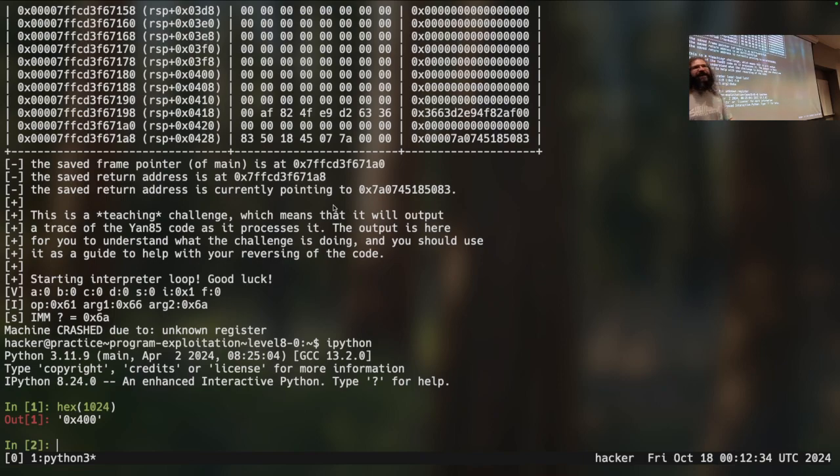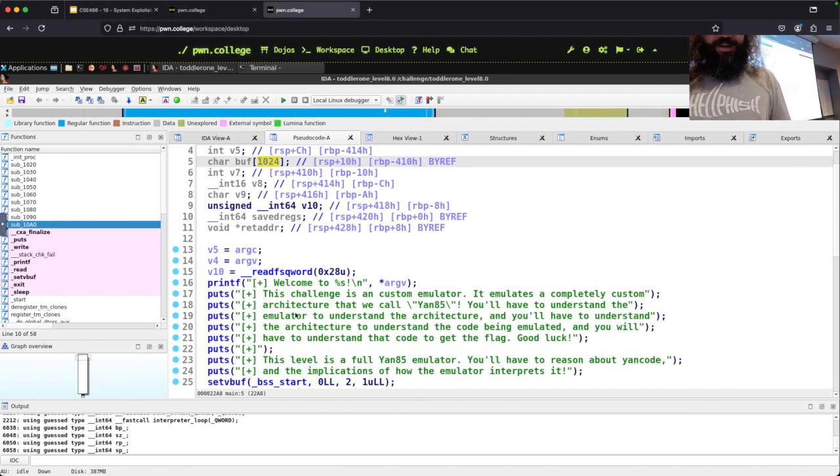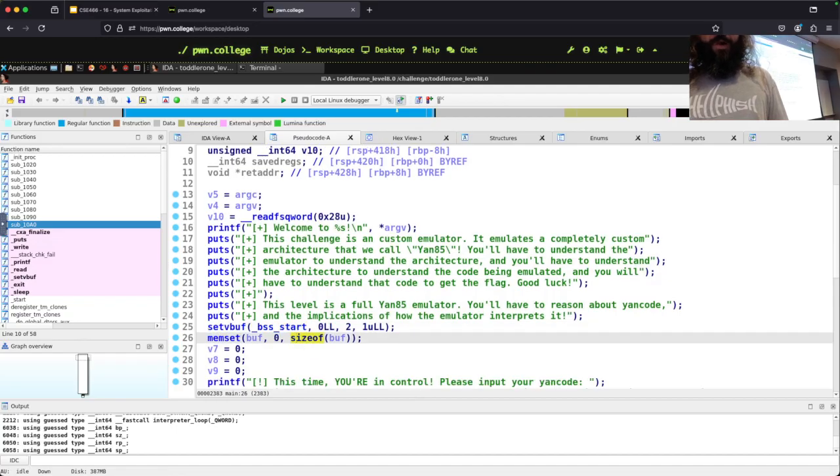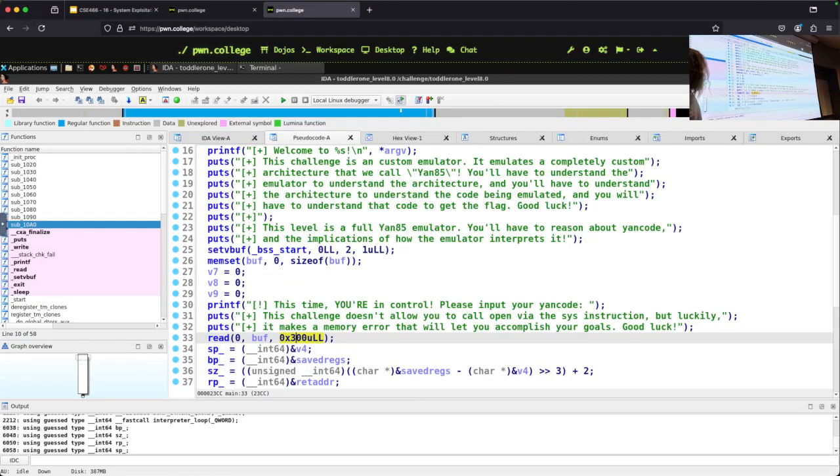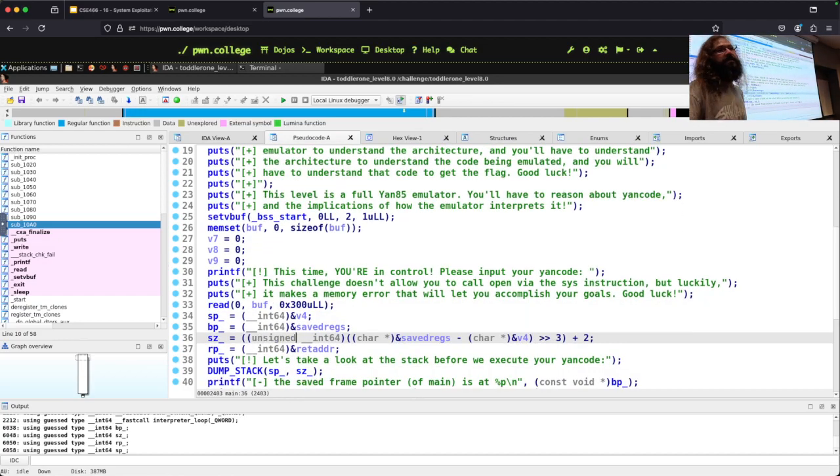So the buffer is hex 400 in size, and it reads in hex 300. Good, we're safe. Okay, so there is not a buffer overflow there. But there could have been, right? And we have to make that check to figure out, well, where is the vulnerability, right? That's how we need to be thinking about this in these cumulative modules, because they aren't telling you what the plan of attack is, right? That very well could have been the case and may be the case in one of these.